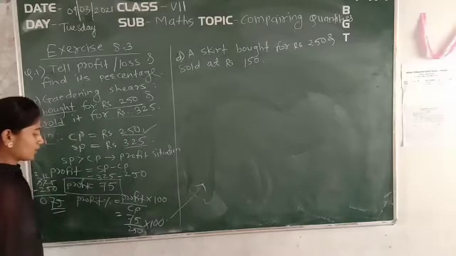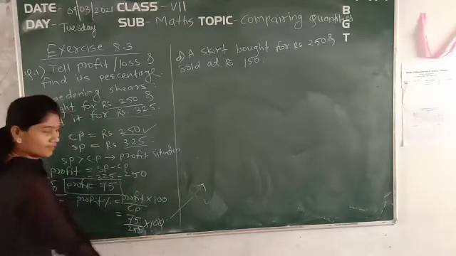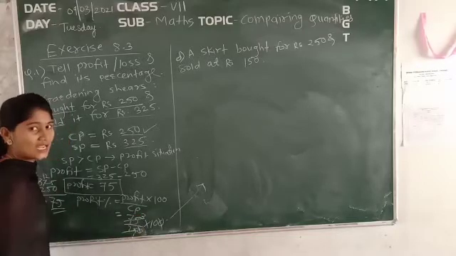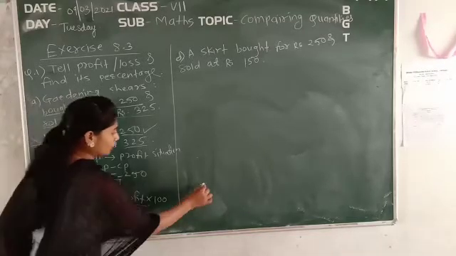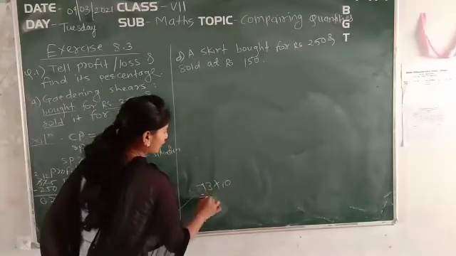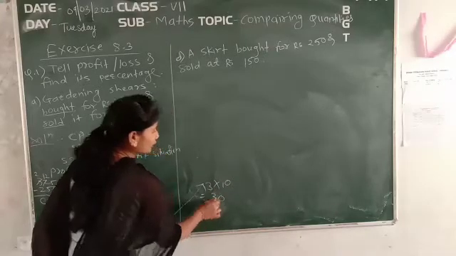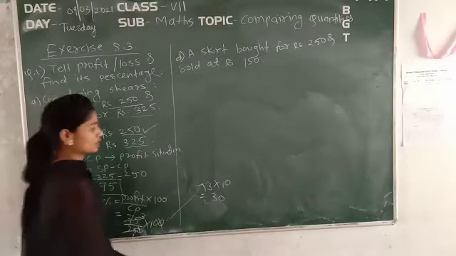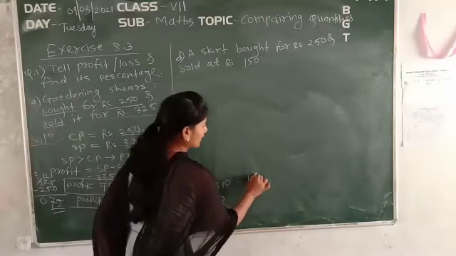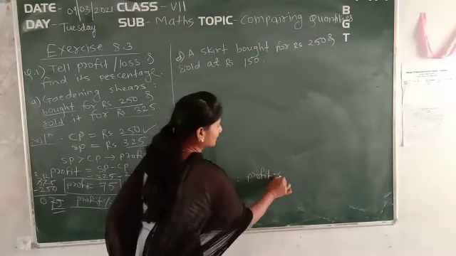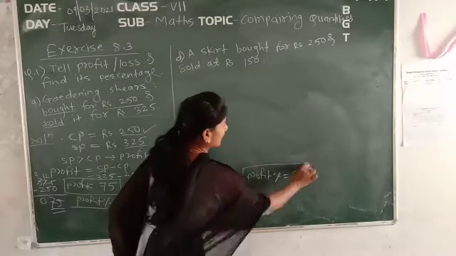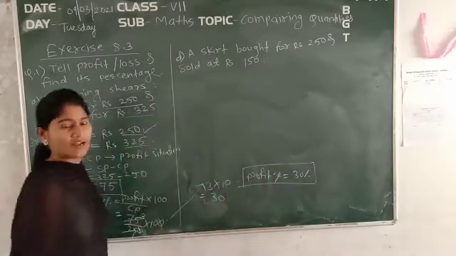Okay. So this 0 will get cancelled with this 0. 25 ones are 25, 25 threes are 75. So here 3 into 10 is given, which is equal to 3 tens are 30. So what is this 30? This is nothing but your profit percent. So just write down here, profit percent is equal to 30%. Okay. So make it as a box so that you will get the final answer clearly.